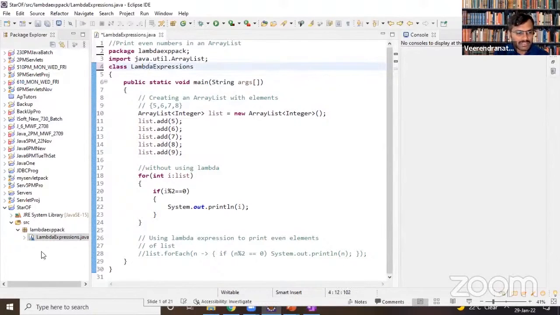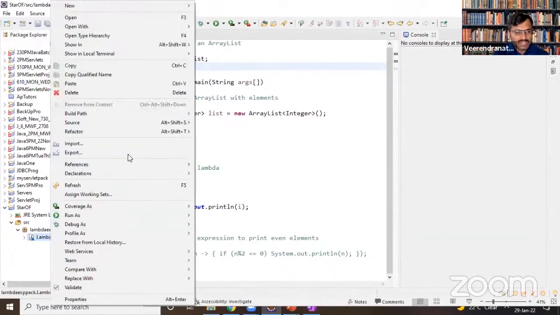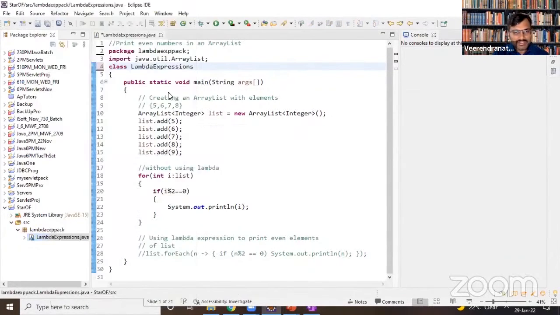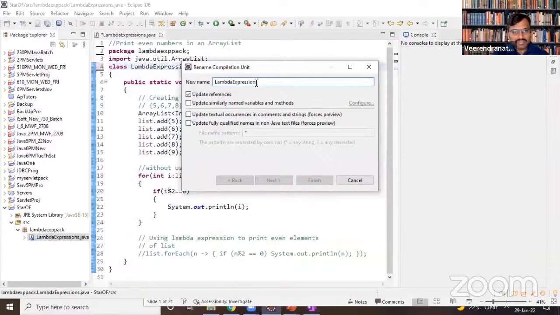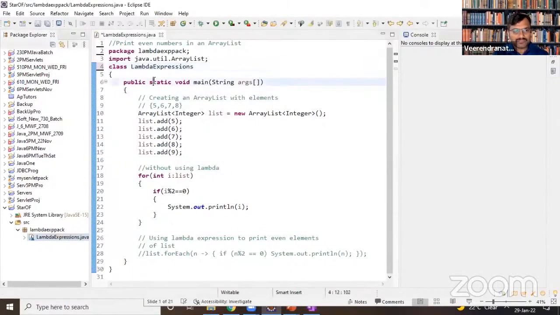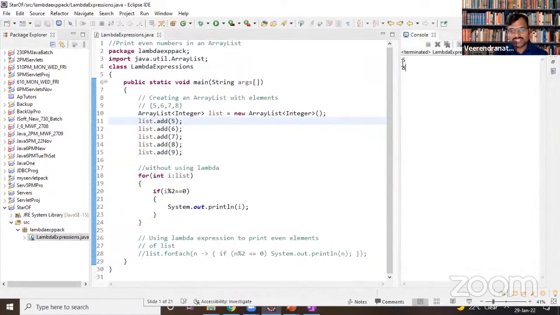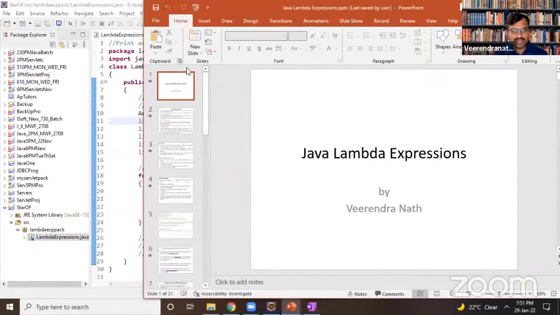So let me refactor it, rename it to LAMBDA. Save this and run this again. Now you can see 6 and 8 are printed. So small spelling mistakes will definitely affect us.